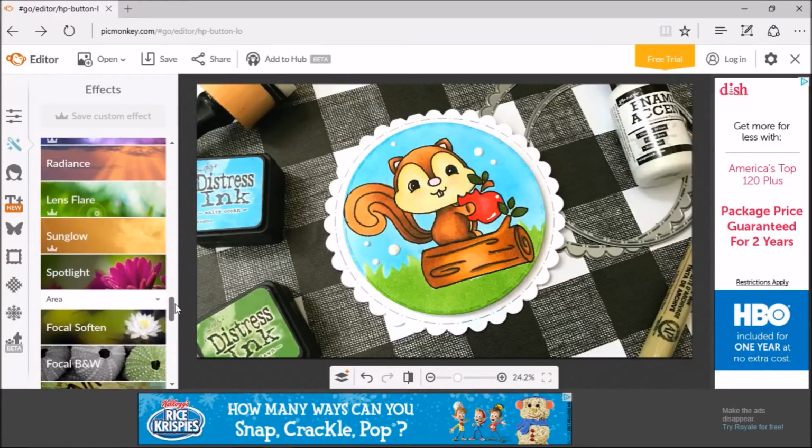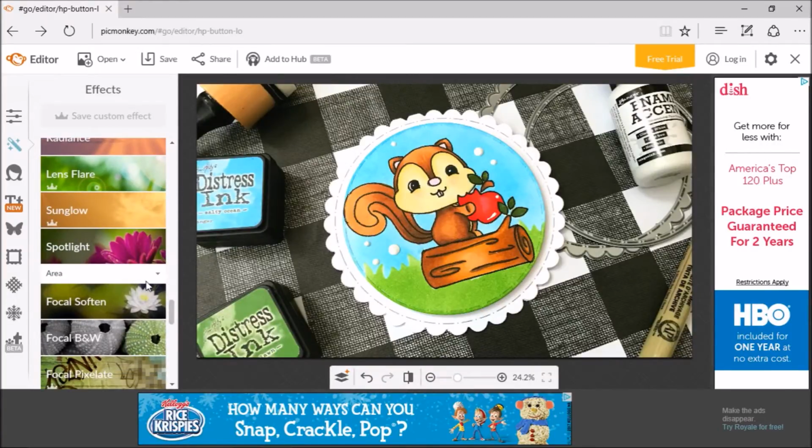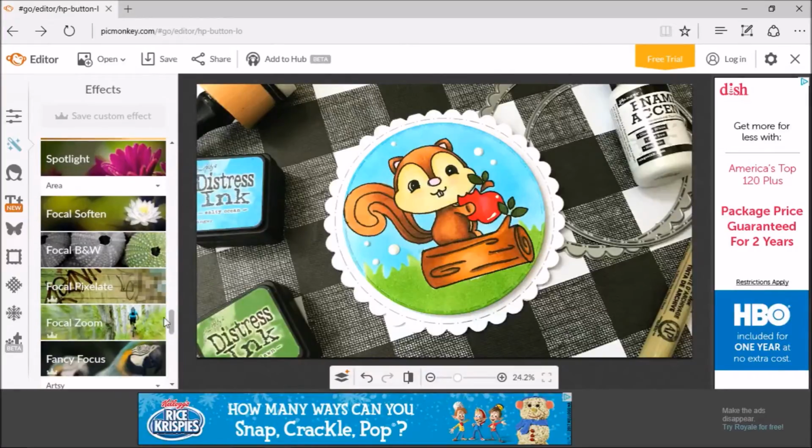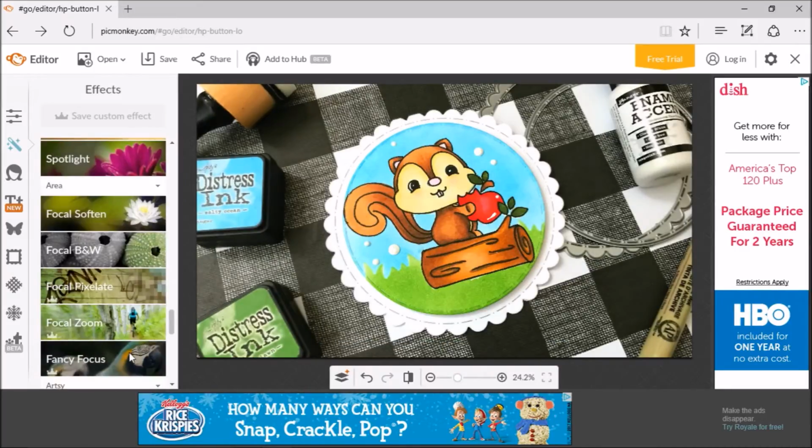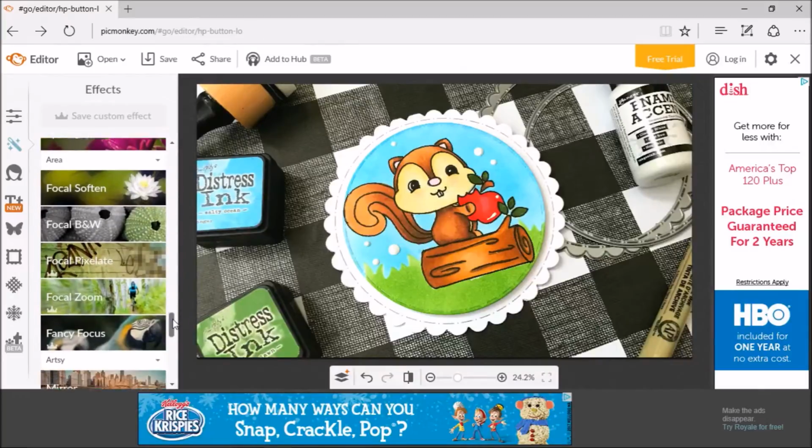Another one that might be fun to use with your photos is this focal soften. Now whenever I click on it, you're going to see that it will blur out the area around my focal point. So whenever I cropped out my photo and made the card the center of my photo, that's going to blur out all of my little distressings, all of my little props. It's going to blur those out and really intensify that card in the middle. So it blurs out the background of the photo and keeps your card